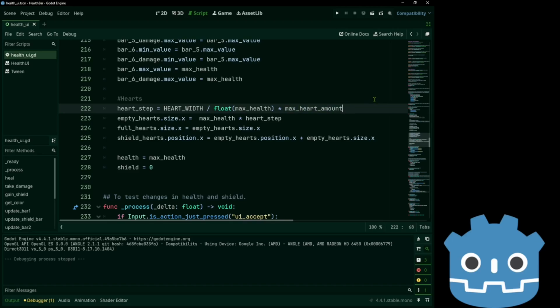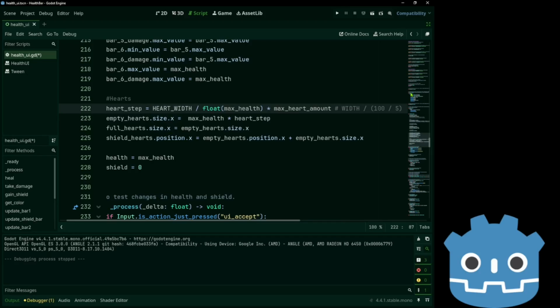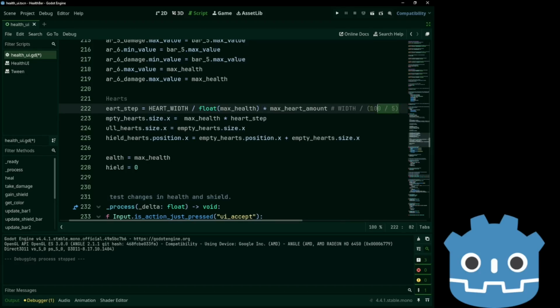Now this is kind of similar to what we had before, which was with a width divided by 20, which was our max health 100 divided by 5. If we change this, it can be divided by 100 times 5, which is the same as this one.